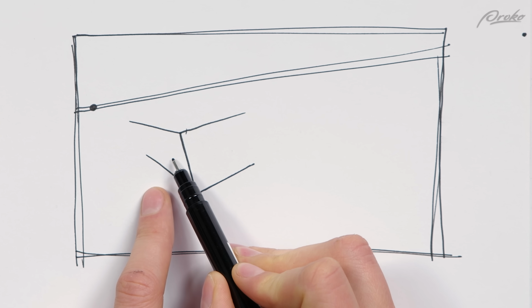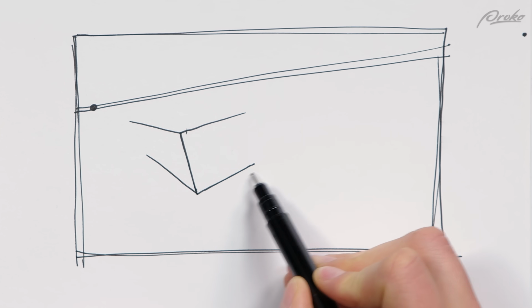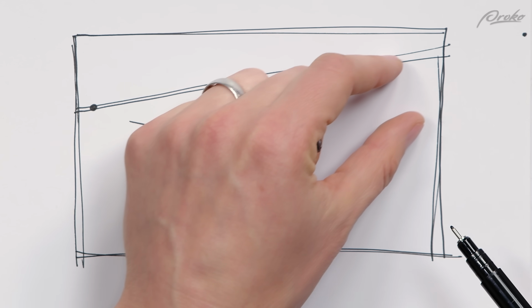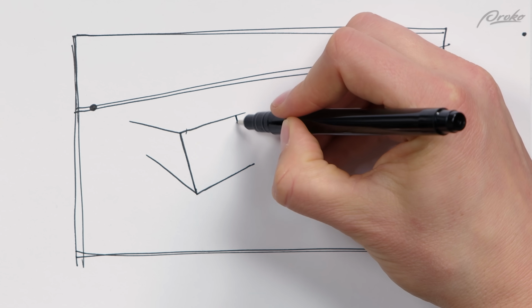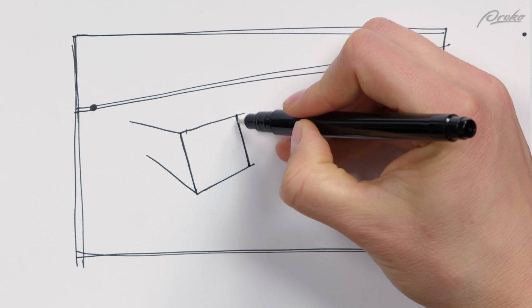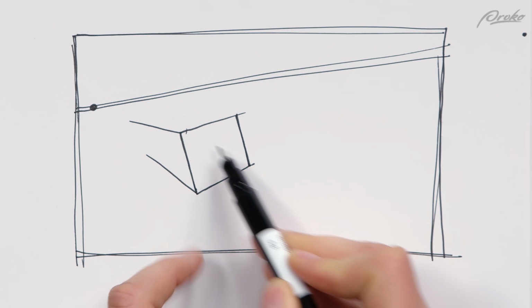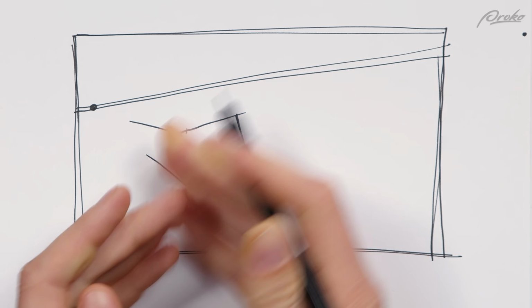So you see how this one is converging quite a bit. It's getting smaller really fast. This one is not getting smaller really fast. It stays fairly parallel, just because it takes a lot longer for it to reach its point. So this one looks more like a perfect square. Not really, it's still converging, just less. So it's gonna be wider.